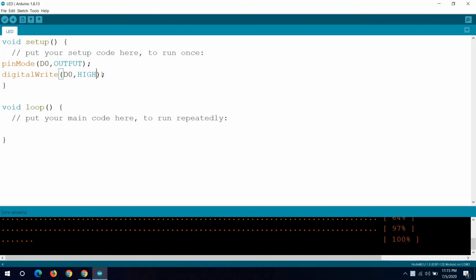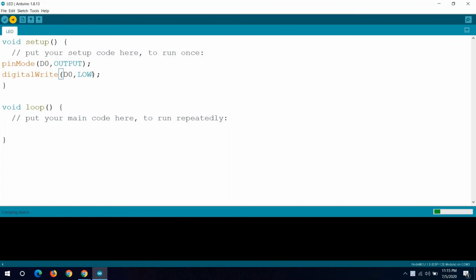And if I change this to LOW and then upload, I should see my LED glow. The inbuilt LED at D0 is enable low, in the sense that it has reverse logic. So we'll wait and check.